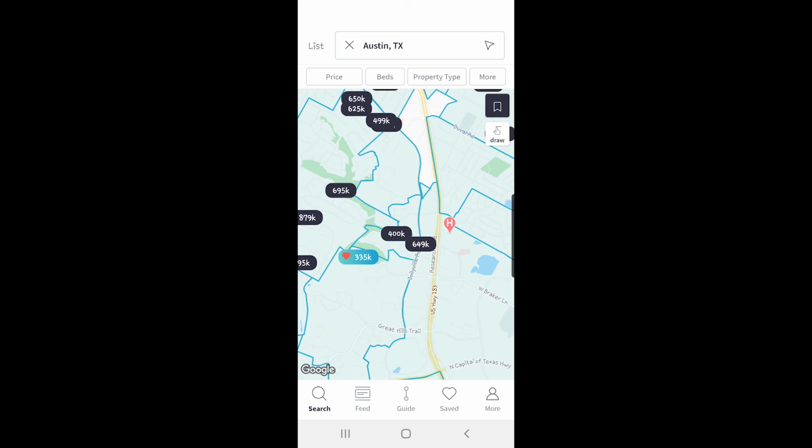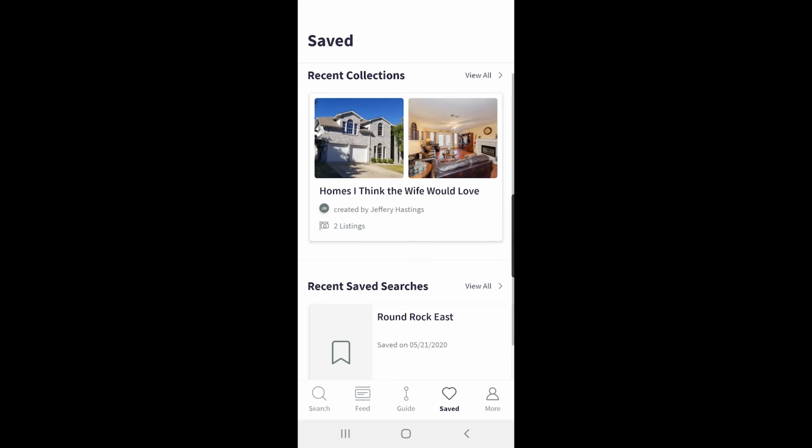The first thing to know about the app is that you can save individual properties, collections of properties, and specific searches. And we'll get to the sharing part in a few minutes, but right now we're going to focus on what you can save first. So on the main search page you see here, you'll see a heart icon on the bottom shortcut bar, and it says Saved. And this is the central location for all things saved on the app. If you click on that, it'll bring you to your saved dashboard, and you can see recent saved collections and